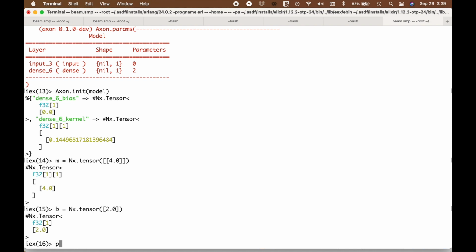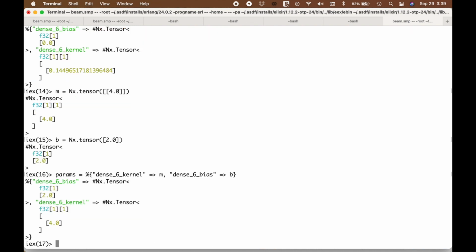So now we can build our params to look exactly like they were before. We know what these layers are called. They're called the bias and the kernel. So let's do the kernel first. And this is M. And then let's do the bias next. And that is the B, like that. Okay? So now I ought to be able to say, Axon, I can run a prediction, right? And remember, we want the model. And all this is the configurable function, and we have to plug in the parameters, and then we have to plug in whatever x that we want to guess, right? So our parameters we've already built,